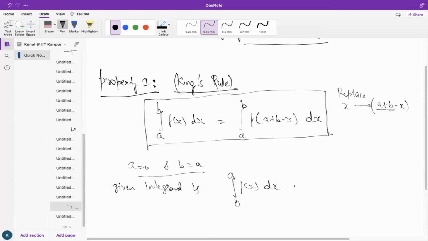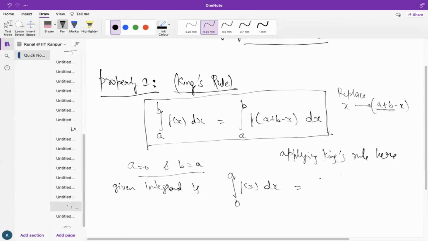So when we apply King's rule here, we are going to look at its proof too. Let's try to learn how to implement King's rule in any kind of function. So when we apply King's rule here,